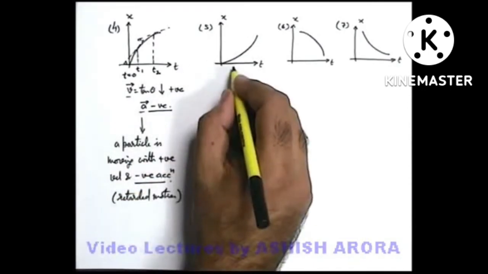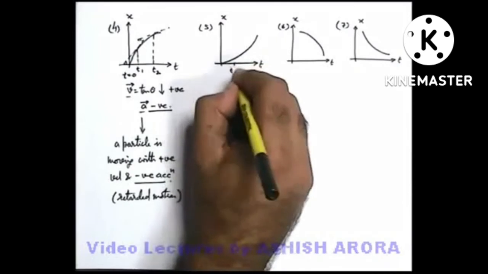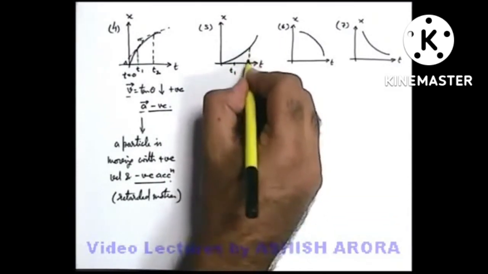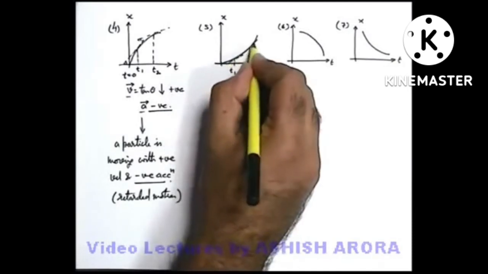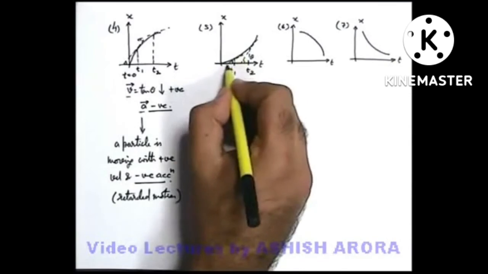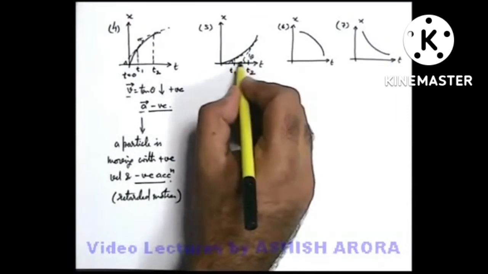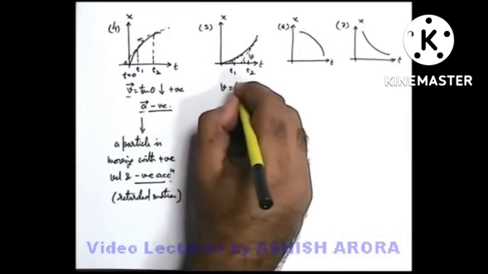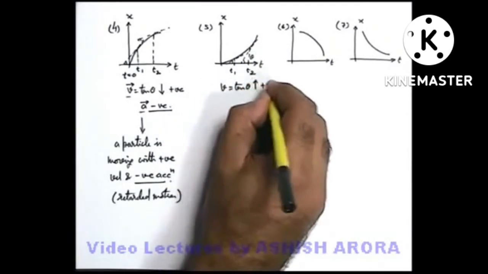Similarly, when we talk about this graph number 5, you can again draw the tangents at time t1 and t2. In the beginning at t1 and after some time at t2. You can see we draw the tangents after some time at the higher time, the angle which the tangent is making with the positive direction of time axis is increasing. So here again we can state that velocity is equal to tan theta, which is positive but it is increasing.